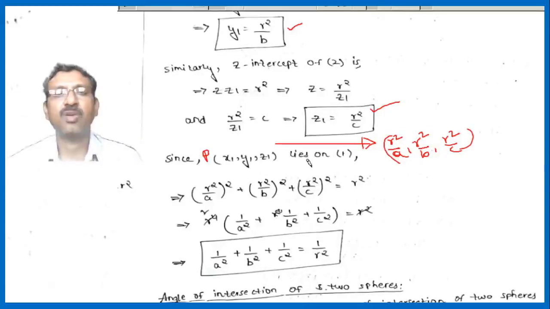These are the x1, y1, z1 values. So since P lies on the sphere, therefore I substitute the coordinates of P in the